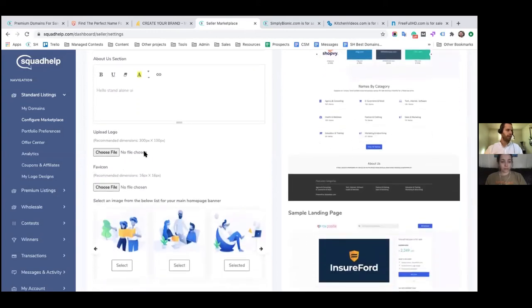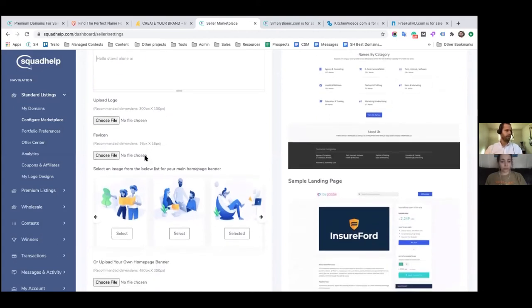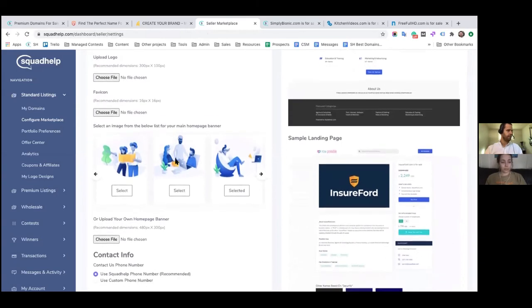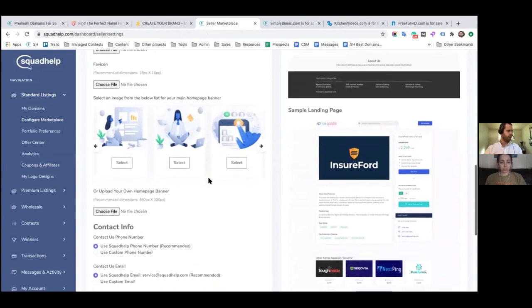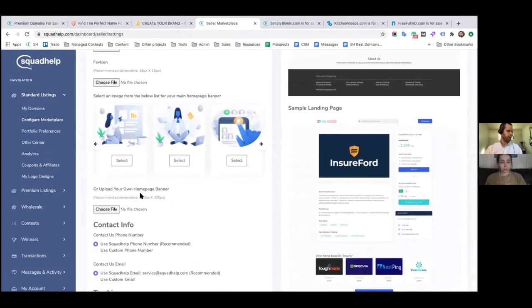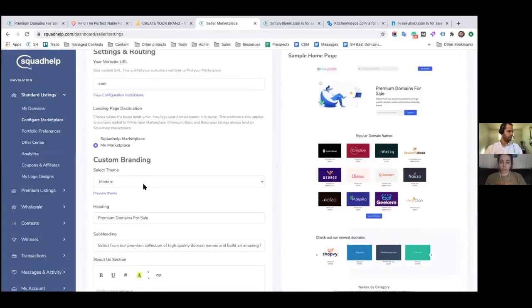Definitely upload a high quality logo that's going to help you build credibility and trust. You can change your favicon, which is that little image at the top of the browser. And then you can choose your image. We have a bunch of neat images that we've uploaded for you to select from, or you can upload your own. When it comes to the professional theme,